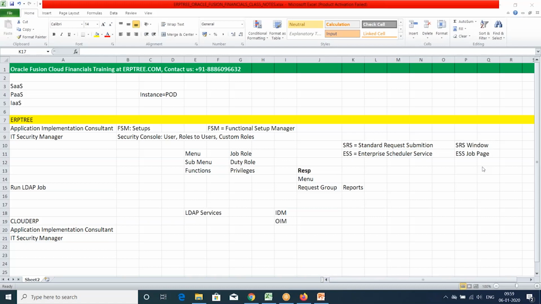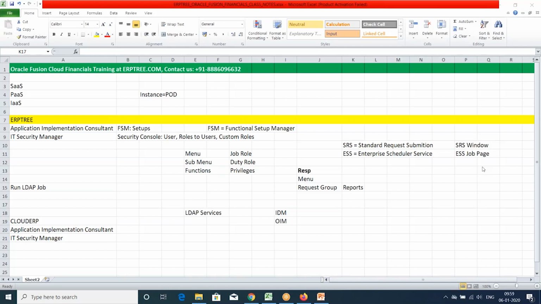Slightly they changed certain naming conventions. In EBS, the graphical user interface is built with forms, right? Here it is completely web pages built with ADF technology. Mostly the same terminology is used with respect to the application, but a few things like naming conventions and setup were changed.